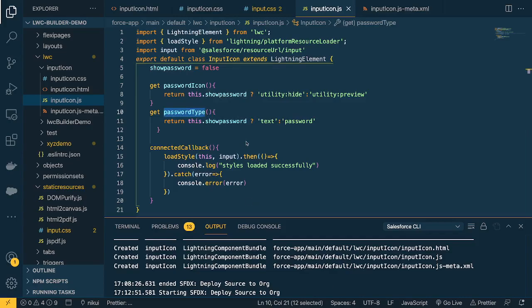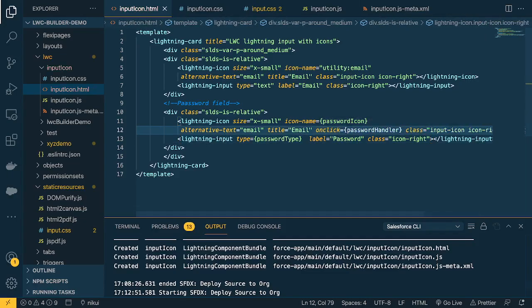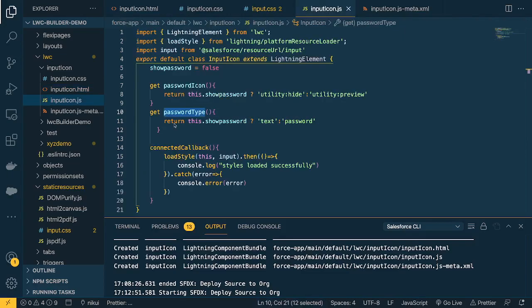So we have written that if show password is true, then make the password field type text, otherwise password, and we're going to change the type for the password field in the HTML. Basically we're going to use this getter there, and I change the type to password type. Now we want the type to toggle on click of this icon as well. So I create an on click handler, and we'll go to JS and create this method,